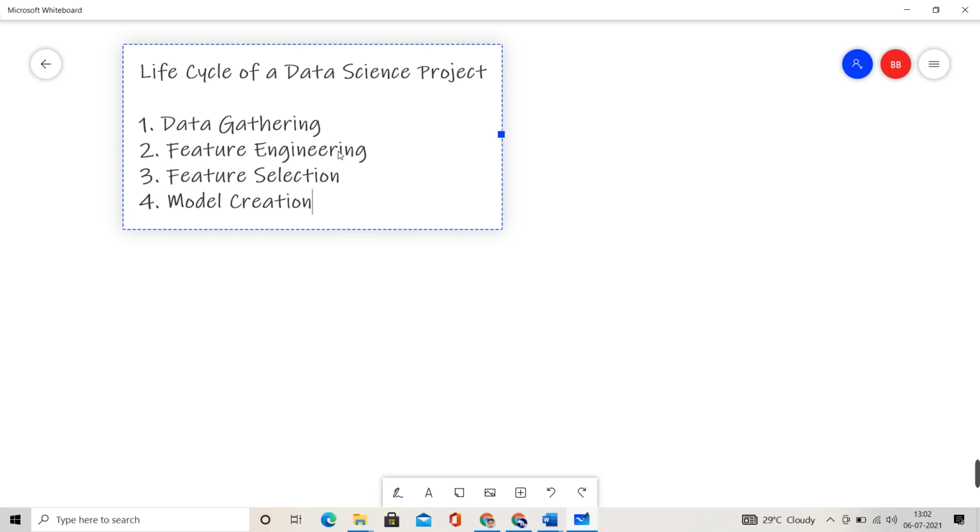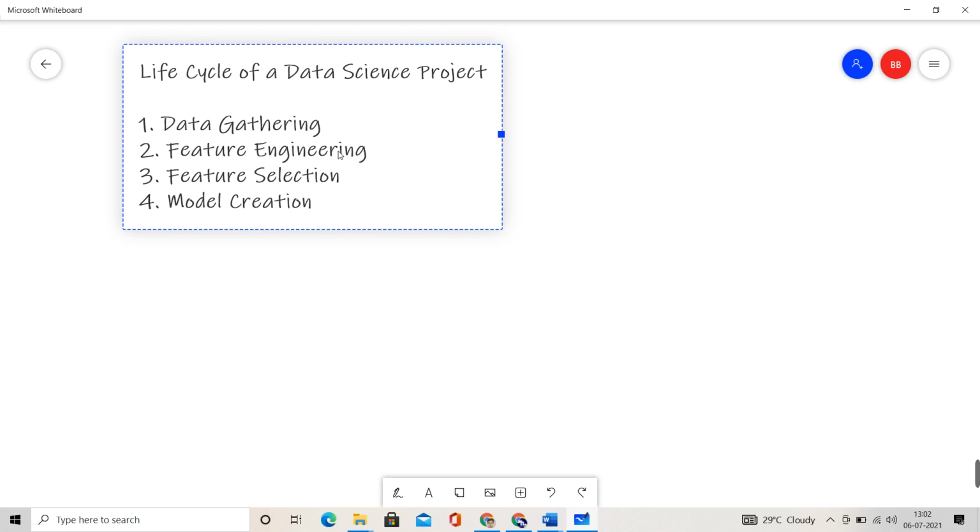So here in this step, we have to select the right model that will be used, because there are numerous machine learning algorithms that we can use, but we need to understand which model should be the best. So here, along with model creation, we also go for some tweaking, which is known as hyperparameter optimization. So this is also a broad topic which I will cover in my next video.